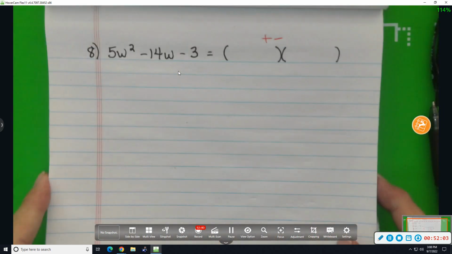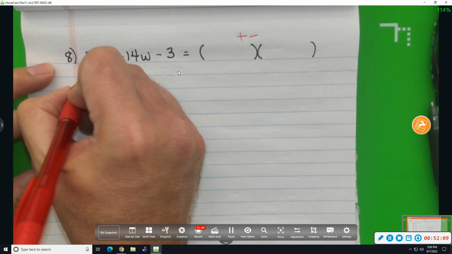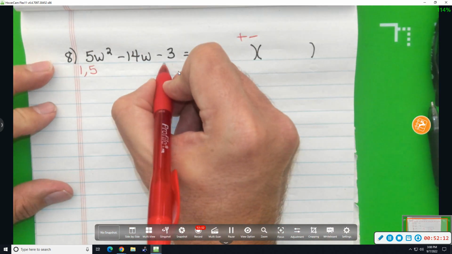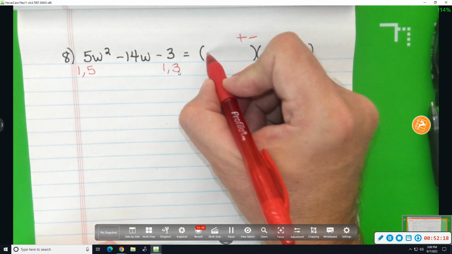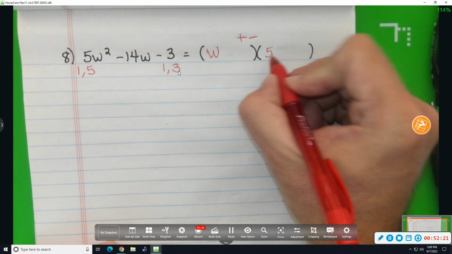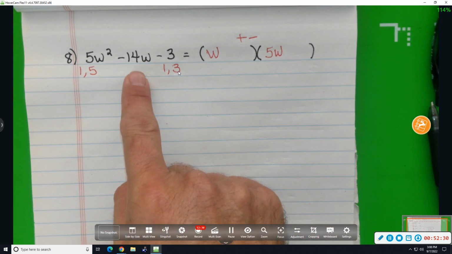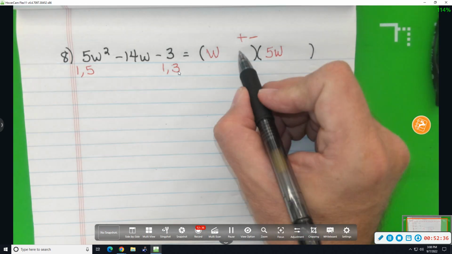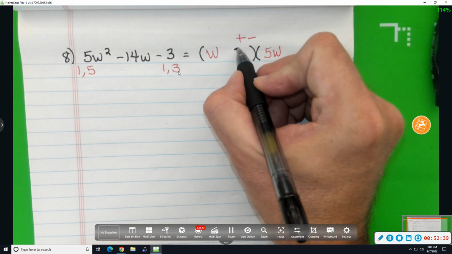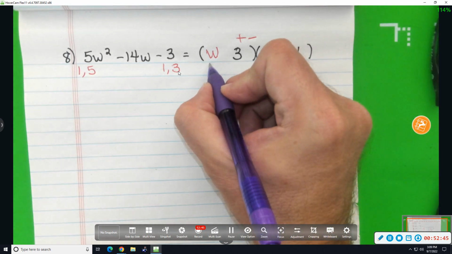Oh, well, heck. There's not a lot of possibilities for the pairs of numbers here, are there? 1 and 5 and 1 and 3? So I'll say 1w times 5w. Can y'all see this in your head? In order to get that middle term, where should I put the 3? Should it go here? Yes? Okay, let's try it. I'll put the 3 there and the 1 there. When I do the outer and inner stuff,